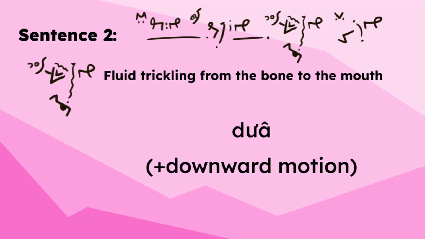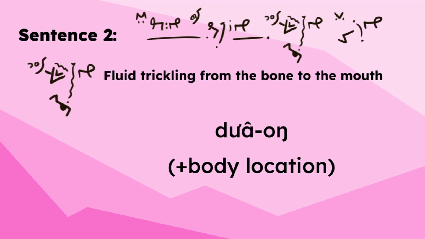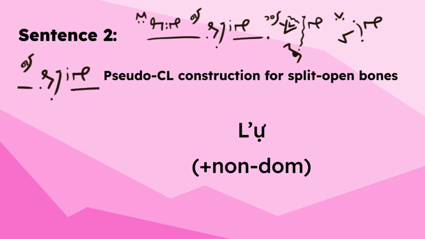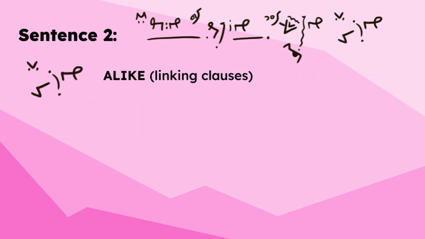But since the path motion ends at the mouth, we add a vowel based on F2 minus F1 values and a nasal coda. For the mouth, this yields om. Finally, since there's an additional movement note of finger fluttering, the whole word is made creaky. This word gets matched with the right-hand bone classifier from earlier, which can now be reduced to flul, yielding flul for this sign. Our next sign means similar to or alike and is prototypically an agreeing verb, but in this